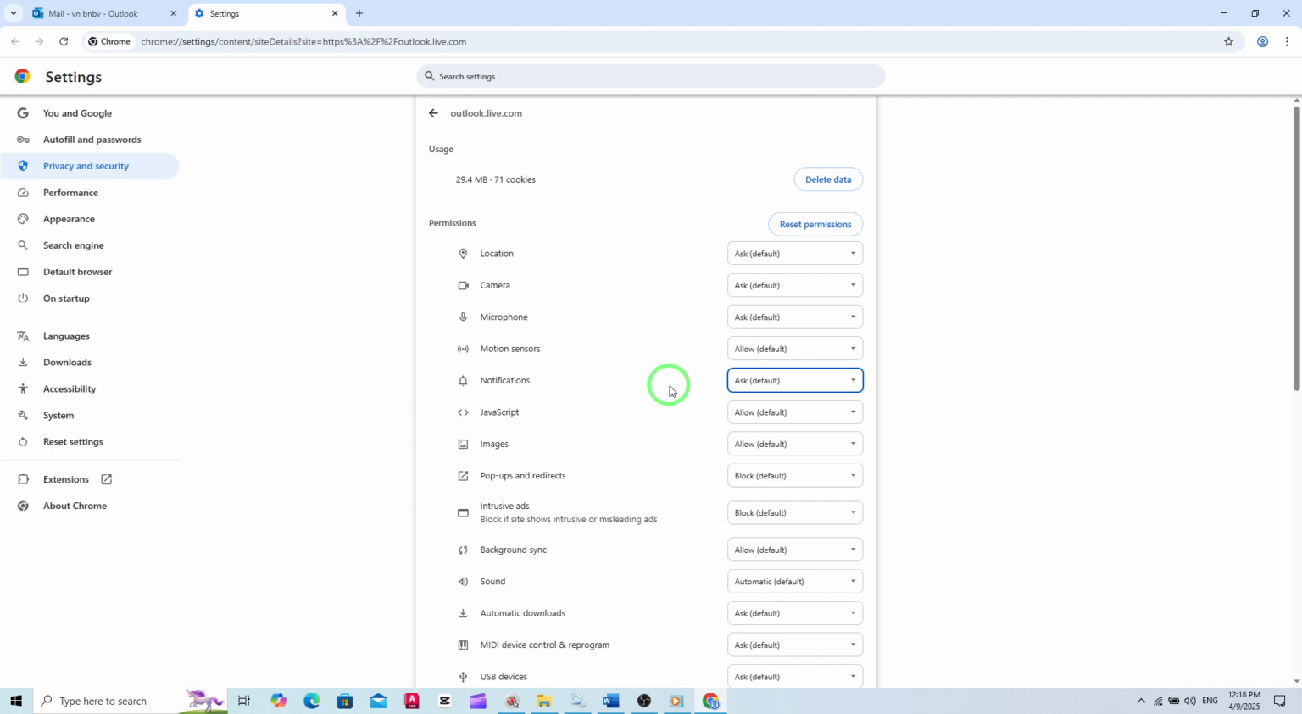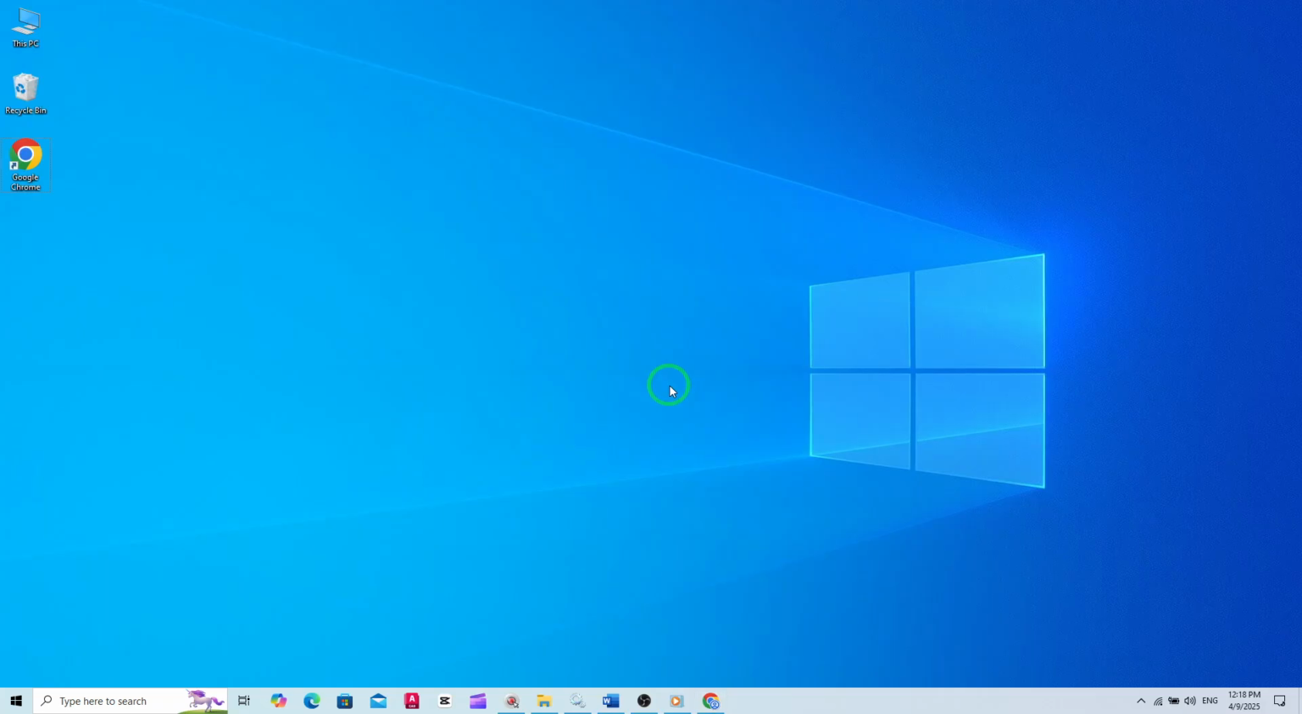And that's it. You've successfully enabled the Ask option for notifications permissions in Outlook. This simple adjustment gives you control over how and when Outlook can send alerts, making it easier to manage your